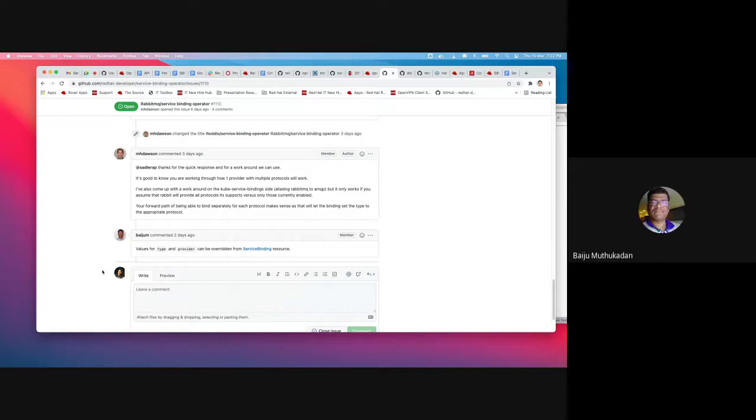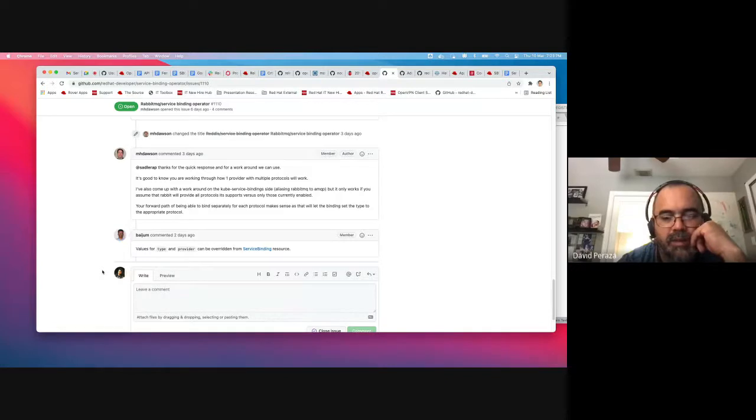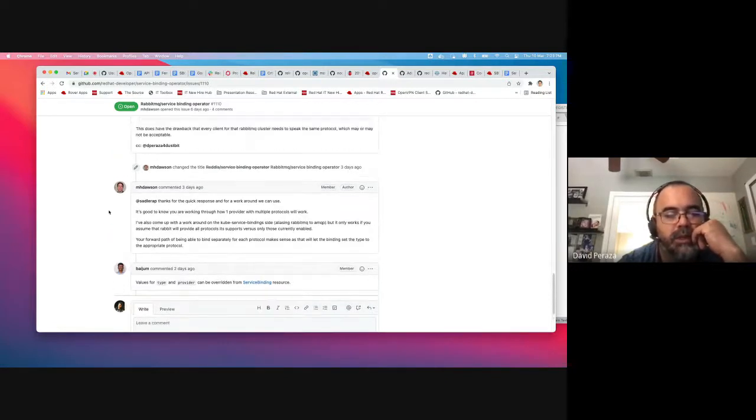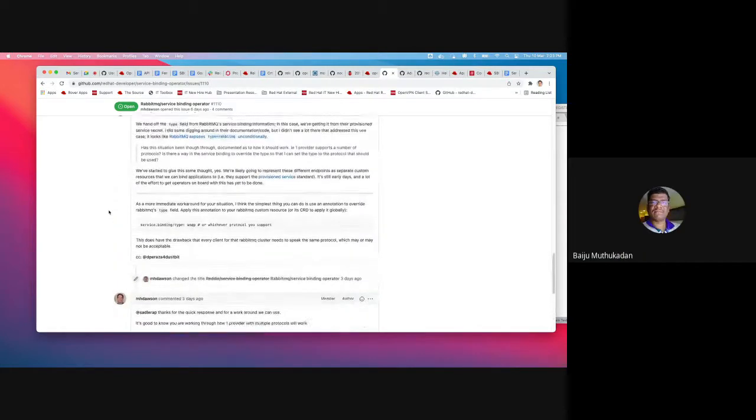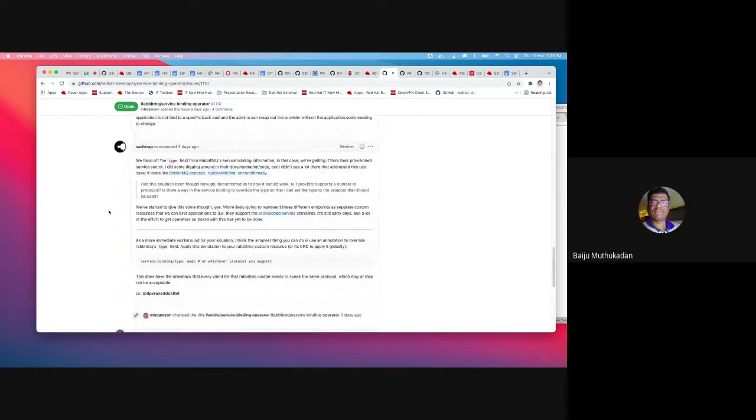Provider 2. Yeah. Both type as well as provider you can override. But does this work? What's the data he gets? Does he get data to be able to connect via AMQP or no? I think that's about the application, what he expects. It's all about how his application is behaving, what is the expected value from there. So, on the application side, he's looking for AMQP as the value.